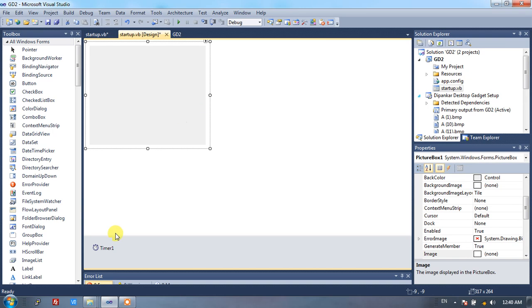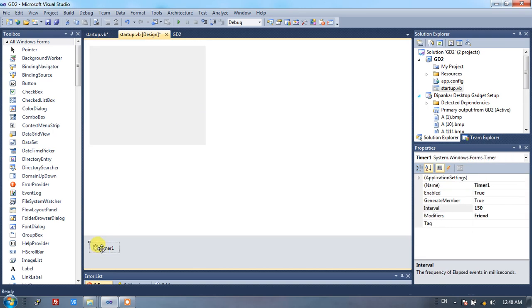And another thing is, when we add the timer to our project, by default its enabled value is false, so we need to change this value to true and the interval value to 150. This is actually a millisecond value.